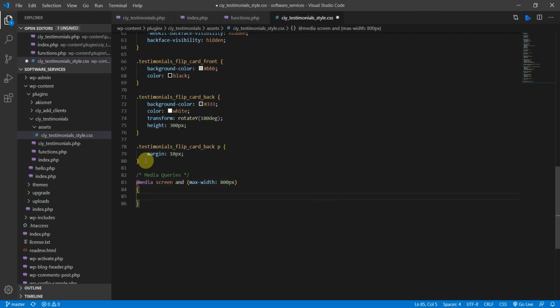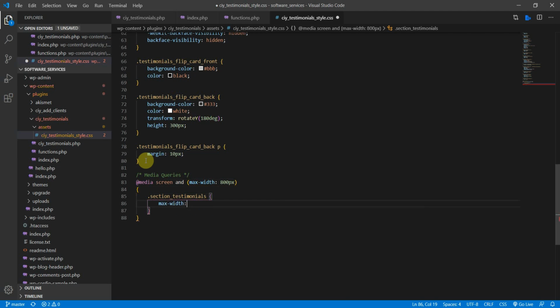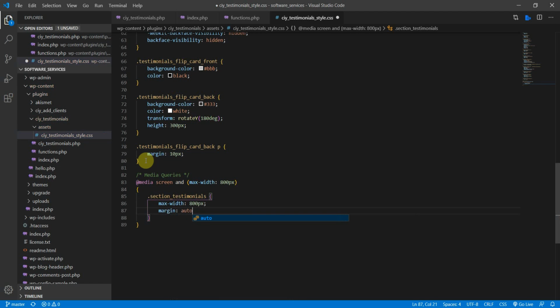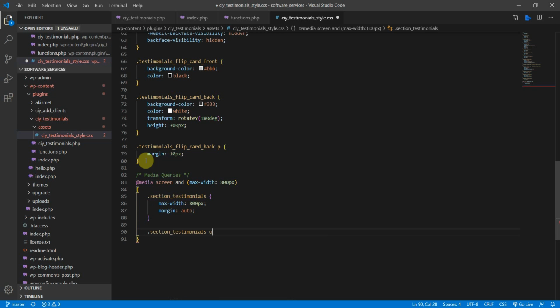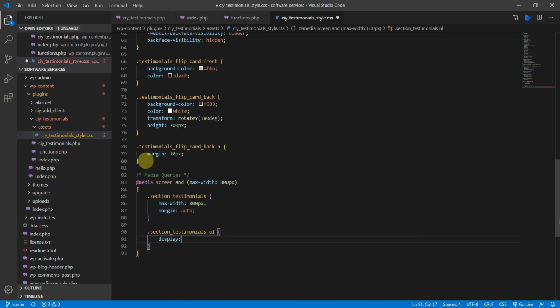And let's target this section for testimonials first. So the max width should be 800 pixels, and the margin auto, and then the UL tags, so section testimonials UL, and then display everything as a block element,